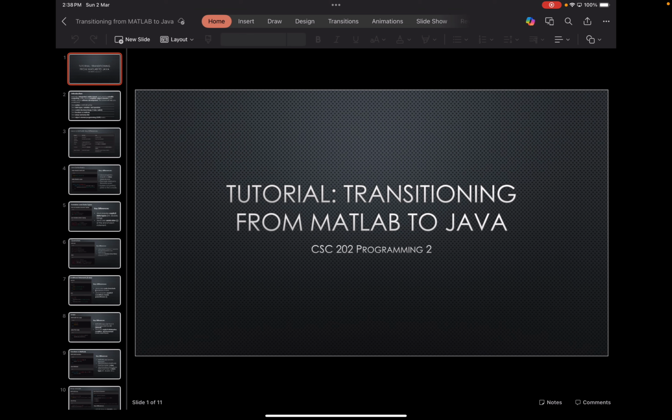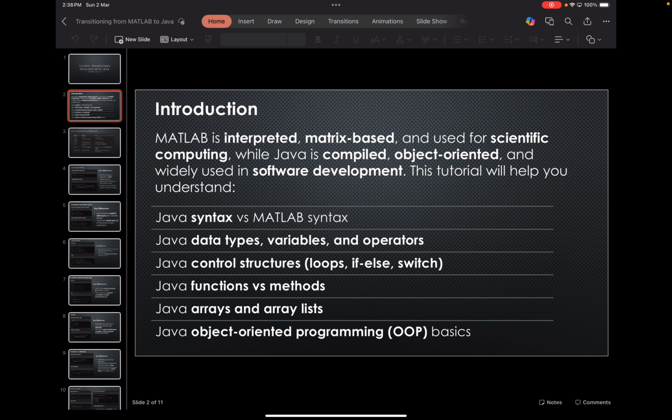Thank you. So I'll ask you when I need some help, but now I'll go ahead with what we're going to do. We will be looking at the syntax. The syntax is the way you type your code and the structure of that code, and we'll cover that one. We'll look at the data type, we'll look at the variables and operators, how they are used in Java and how they are used in MATLAB, and how you move from MATLAB to Java. We'll look at control structures, looping, using for loop, while loop. We'll look at the if and else statement and switch, how they are done in Java, to just get you